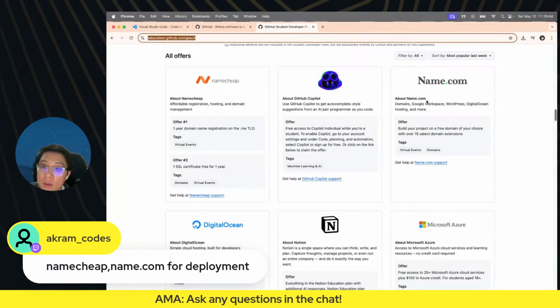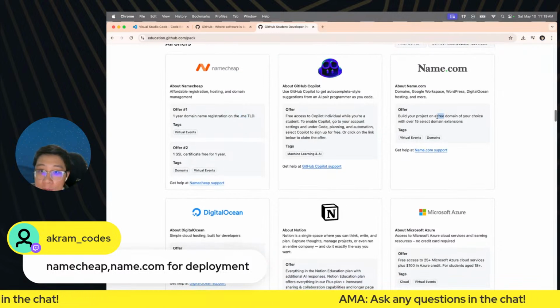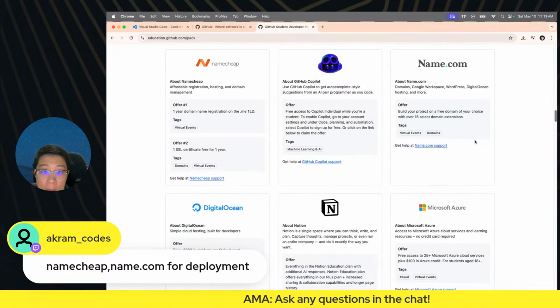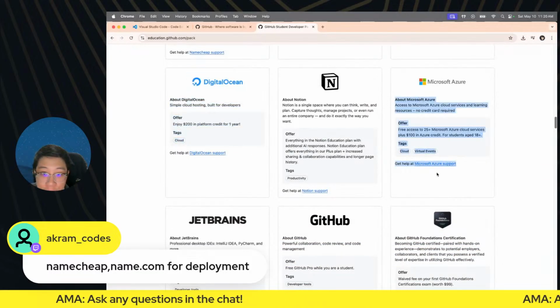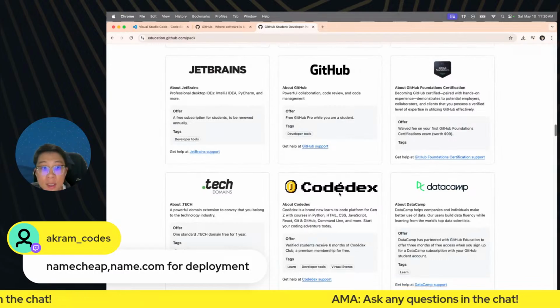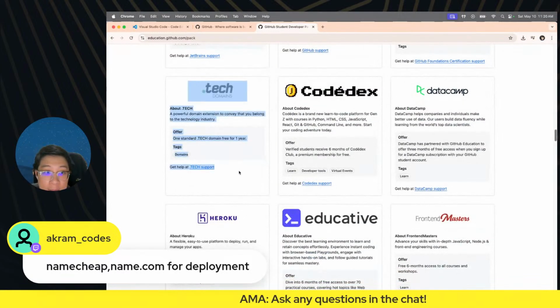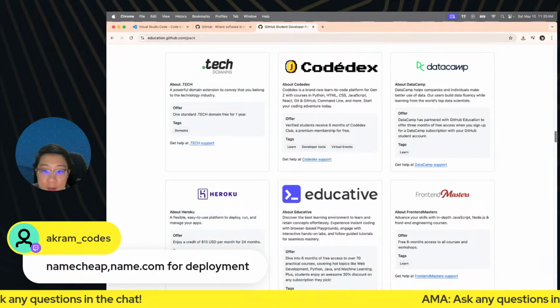So everyone will get a free .me domain name from Namecheap, free domain name from name.com. You get DigitalOcean hosting credits, Azure hosting credits, JetBrains IDEs, a lot of you have mentioned, and .tech domain names, some more domain names for the win, and Heroku. So these are all the things that some of you have already mentioned.